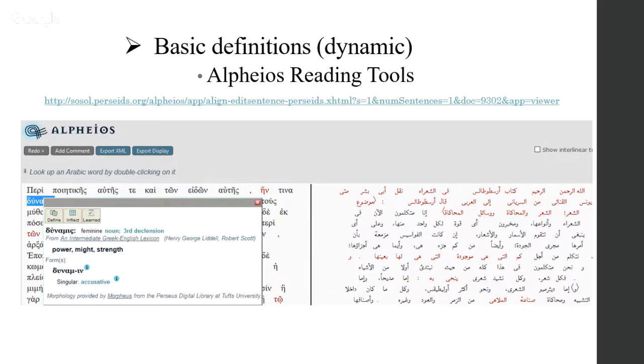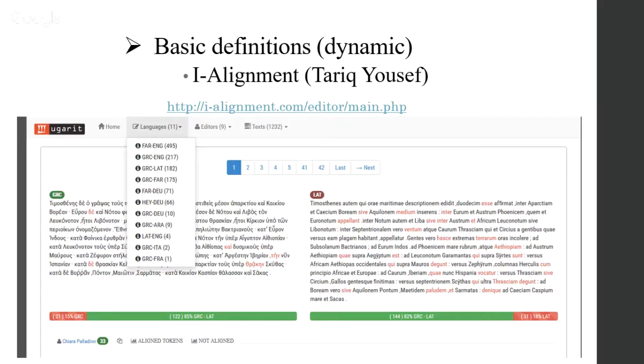So another display of the translation alignment, a very powerful tool implemented by our colleague Tariq Youssef in Leipzig, in which you can see Farsi English translation, Greek English, Greek Latin, and so on. You have 11 languages and more than 1,000 texts are there.